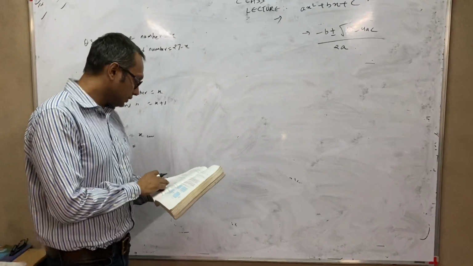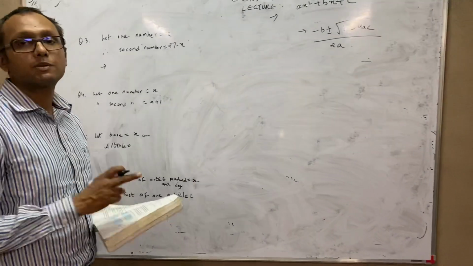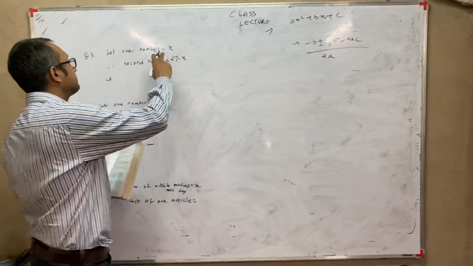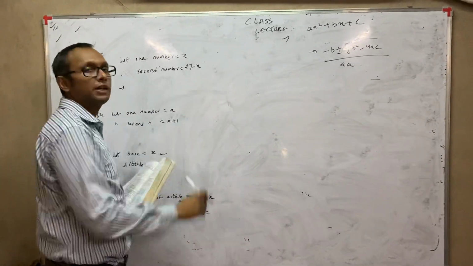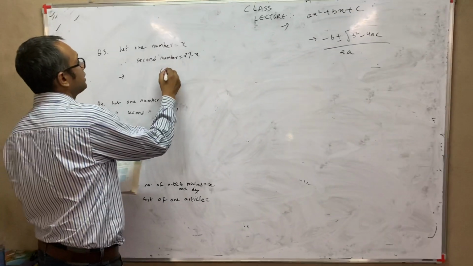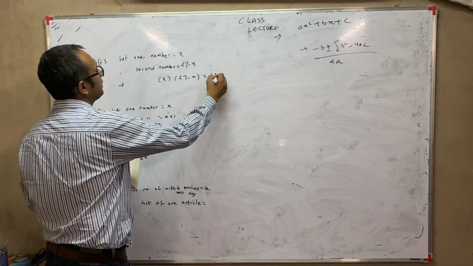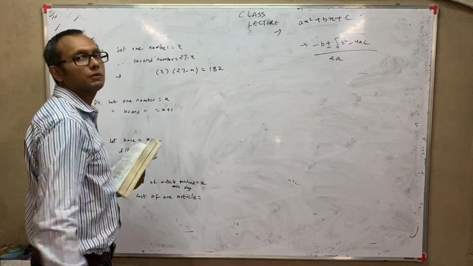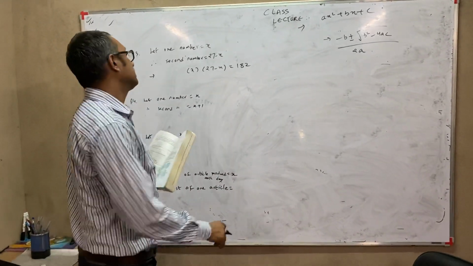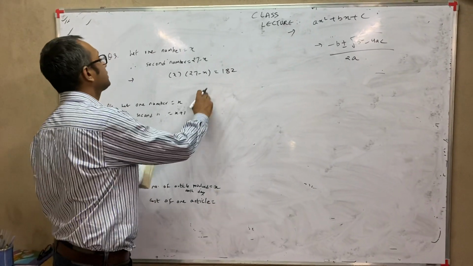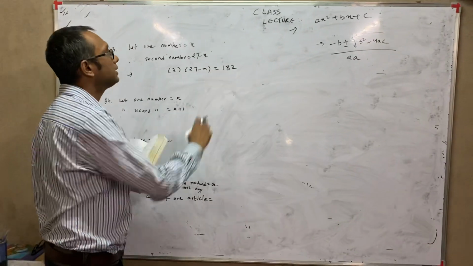First of all, let us move to the third question. Find two numbers whose sum is 26 and their product is 182. So let one number be x and second number be, since their sum is 27, the second number will be 27 minus x, and now their product x into 27 minus x is equal to 182. Now you will multiply, get everything on one side, and again you will get a quadratic equation which you will then solve. In all these sums, it is very important, after you find the value of x, write both the answers. That one number is this, and then the second number you will subtract from 27, and then you will get the answer. Okay.